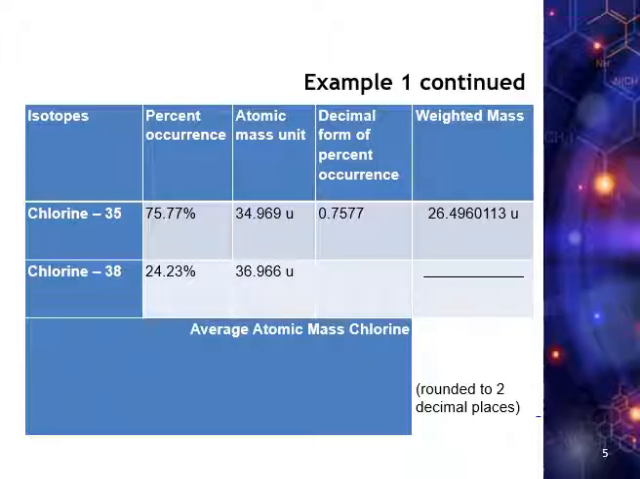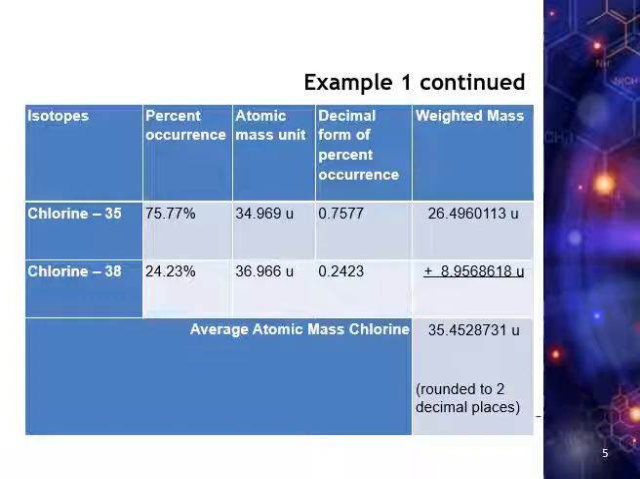24.23% of the naturally occurring chlorine in the world is chlorine 37. Convert it to decimal form by dividing by 100, so 24.23 divided by 100 is 0.2423. The mass of chlorine 37 is 36.966, multiplied by 0.2423 to get a weighted mass of 8.956818. Add the weighted masses together to get a total weighted mass of